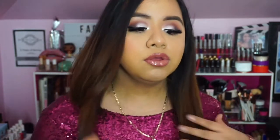I did want to address a little change. I cut my hair and I cut it quite a bit. It was down to my butt and I just couldn't deal with it. I needed change. I didn't go blonde just yet, but just wait. In like 2 weeks it'll change, and then I will go back to being blonde, which I'm so excited about. But yeah, I'm sorry that I was away for what felt like forever, but I will be back,